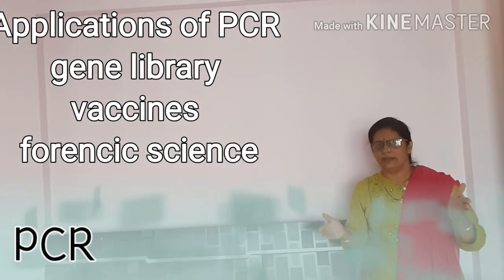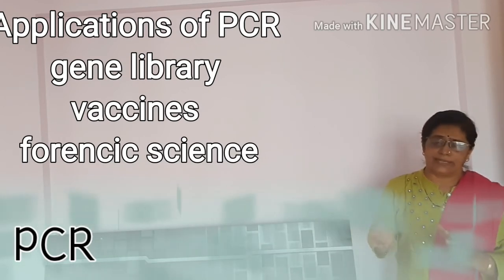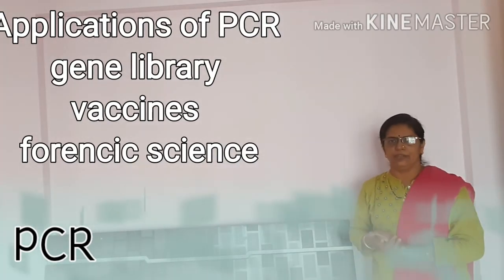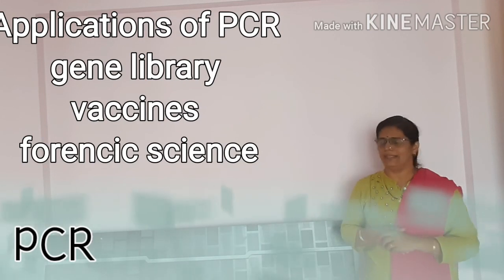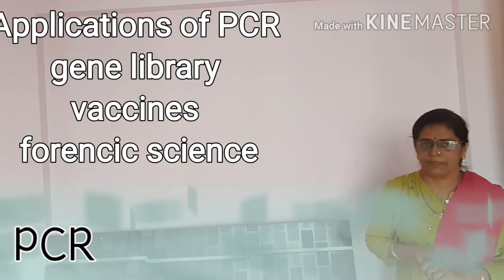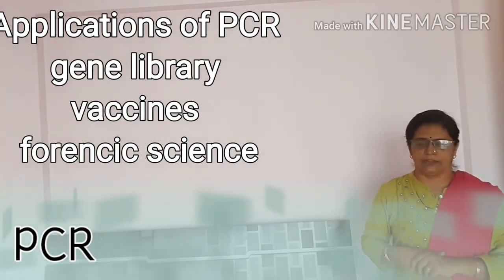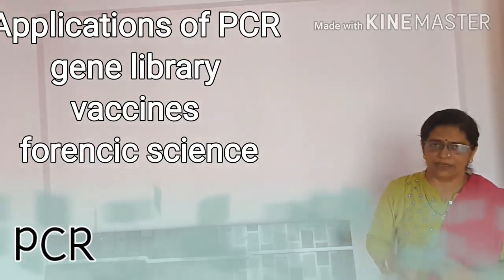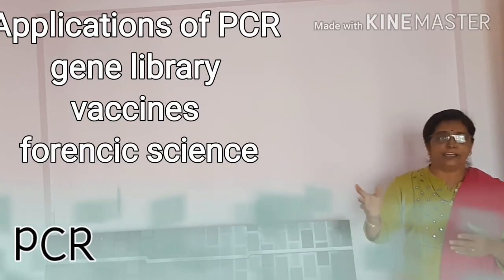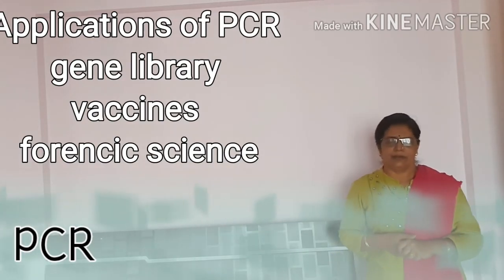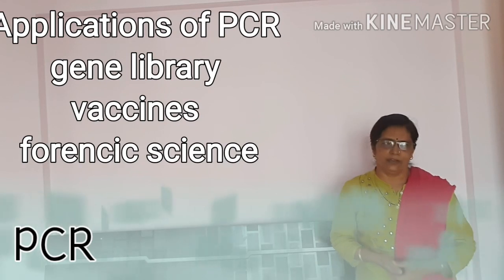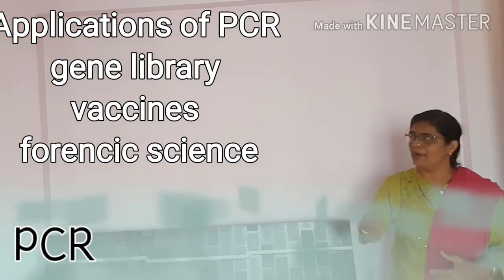So these are the different applications of the PCR technique. As well as this, the PCR technique can be used in DNA fingerprinting. You know DNA fingerprinting, we have seen it. DNA fingerprinting means the identification of a human being on the basis of DNA, on the basis of the gene. So in crime cases, as well as to identify an orphan child or the parents, or to identify a victim, the PCR technique is very important. It is helpful in DNA fingerprinting or in forensic sciences.